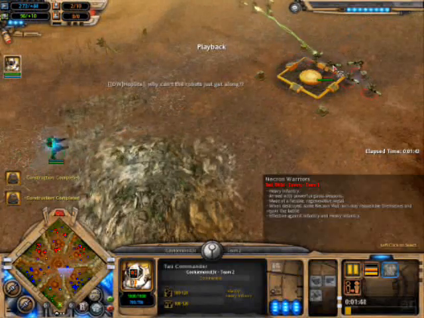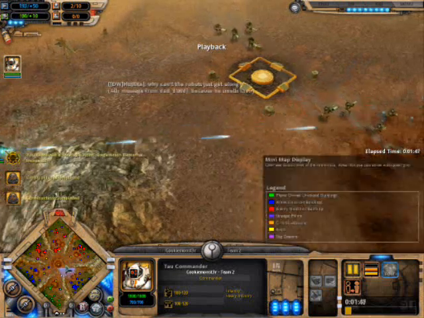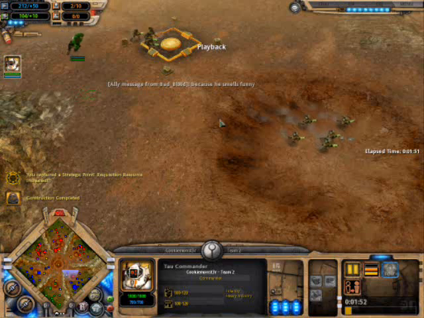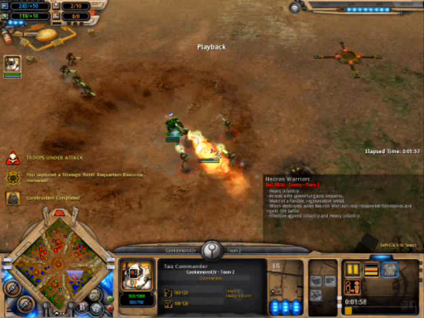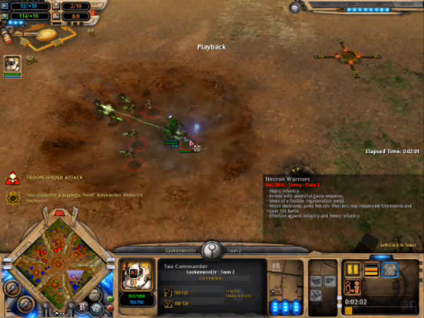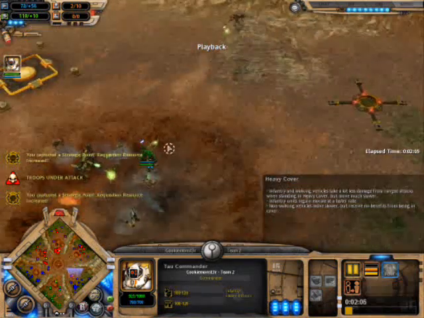Alright, my ally is getting attacked by a squad of Necron warriors, so I decided to fly in and help him out with some flamethrower action. I waited for my flamethrower to get upgraded before I flew in, and here I am now shooting them. They try and get me in melee, but I easily escape, so don't use your jetpack unless completely necessary,